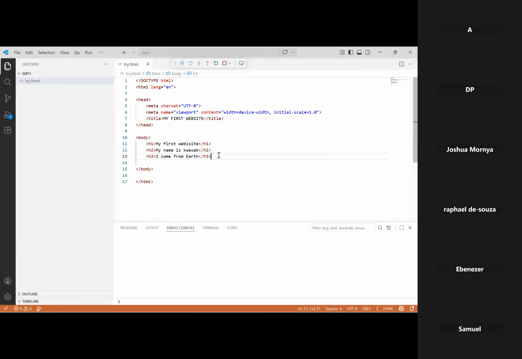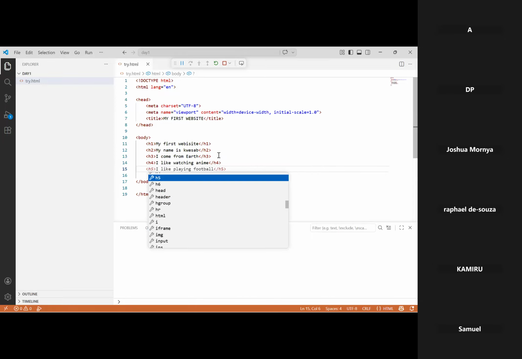So now let's go and put the H4. I like watching. Then let's proceed to the H5. It's the same steps as the H1 and the H2. The only difference is that